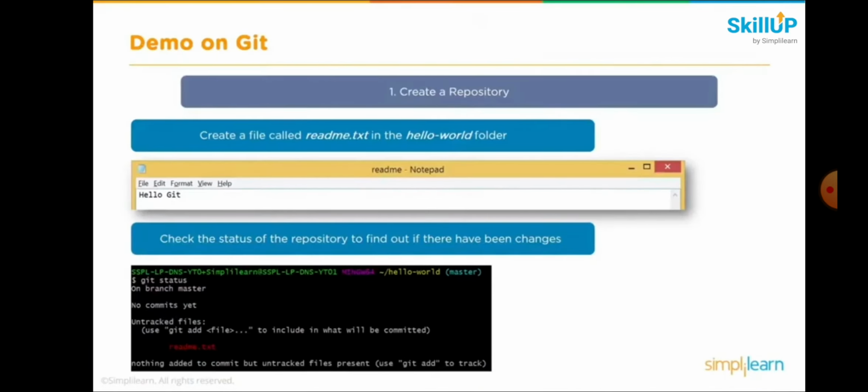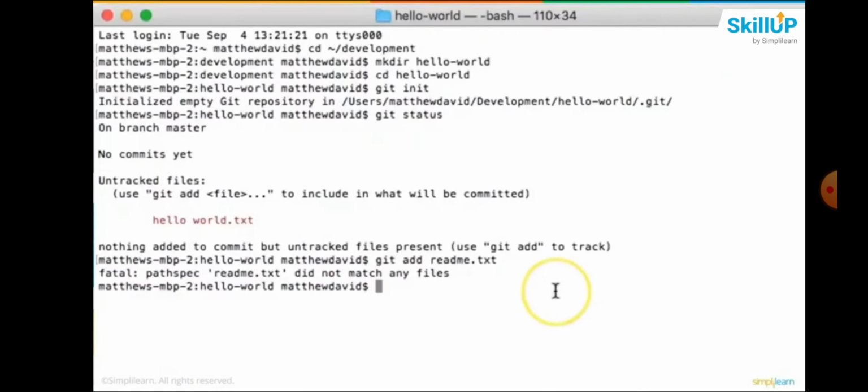What's interesting is if I select the git status command, it'll show me that this file has not yet been added to the commits for this project. So even though the file is in the folder, it doesn't mean that it's actually part of the project. For us to do that, we actually have to go and select